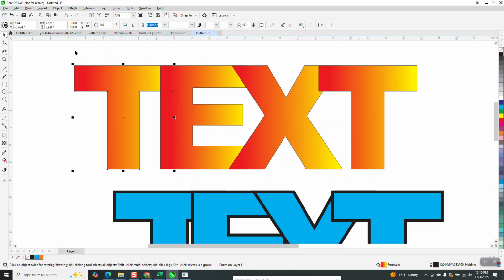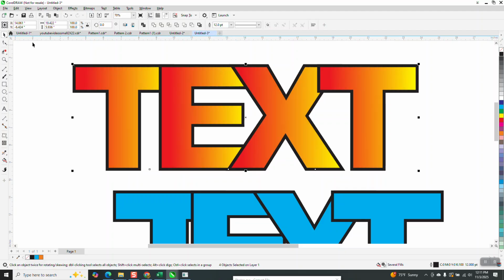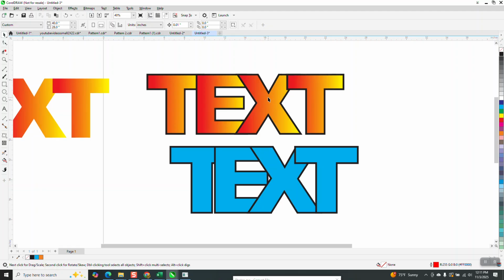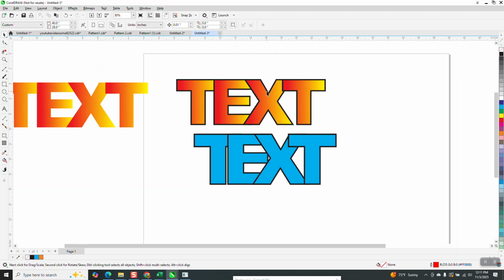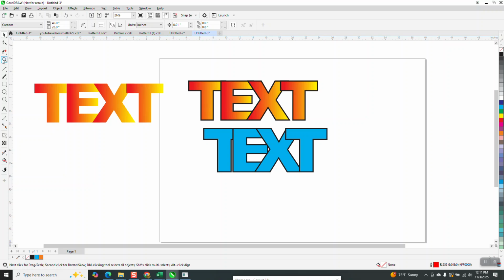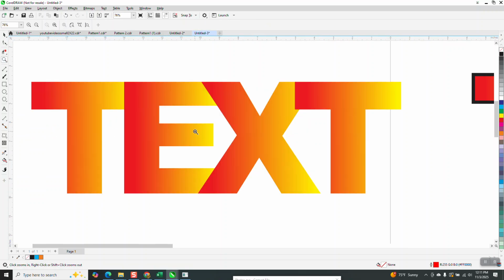And of course, you'd want to select all the letters and go up to hairline and make it something other than a hairline. So it works. That's pretty cool where you could stack letters like that. You could do that with back minus front, but I've never discovered a way you could do it that fast just by